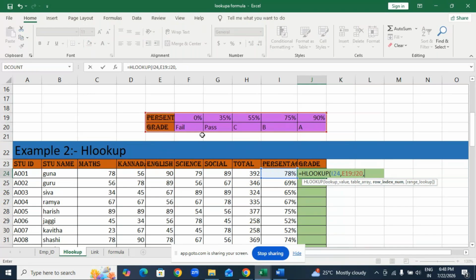What is our row number here? 1, this is the first row in the table. 2, ma'am. We have 2. Using this percentage only, I want to find out the